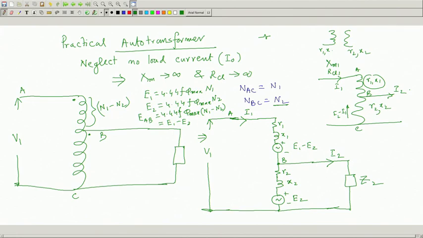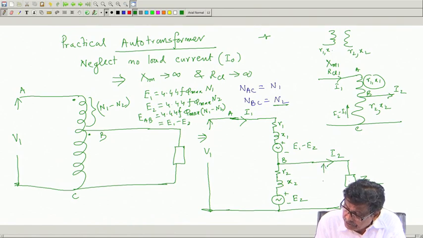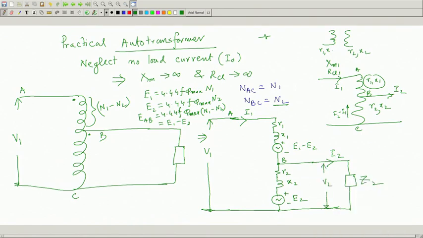But the only argument is an interesting argument. See, the portion AB and portion BC, they are two individual coils as if, and this voltage I will call V 2, the terminal voltage, which is not the same as Z 2, because R 2 X 2 is there. But R 2 X 2 is not carrying the same current as the load, it is different. So, this current is I 2 minus I 1.